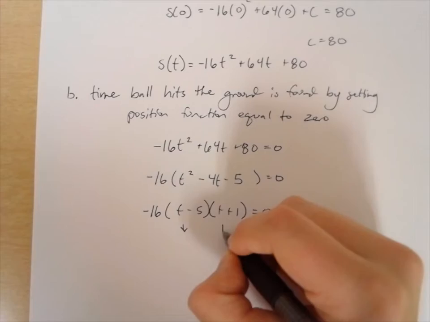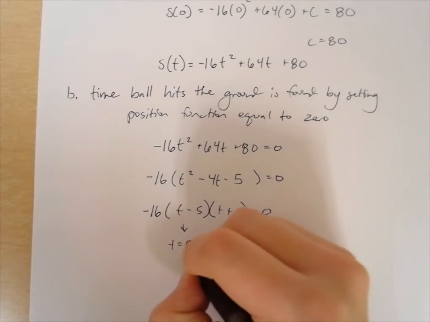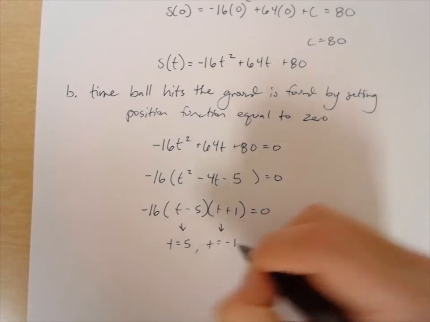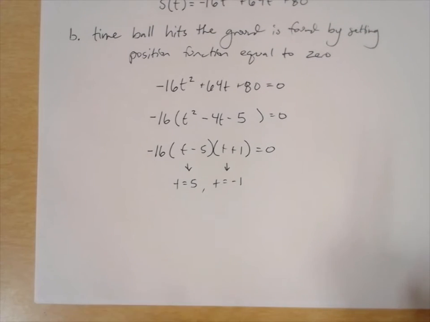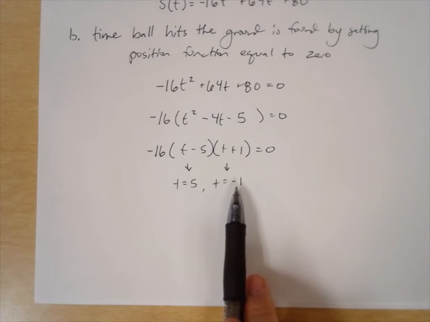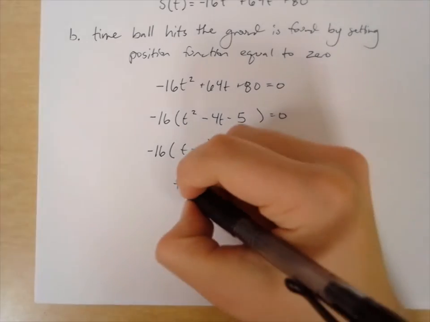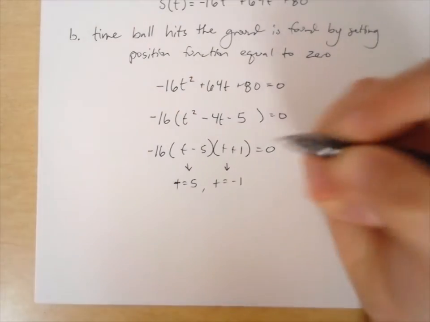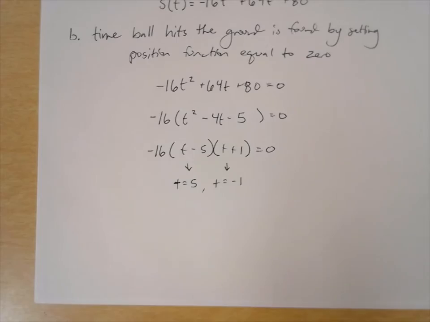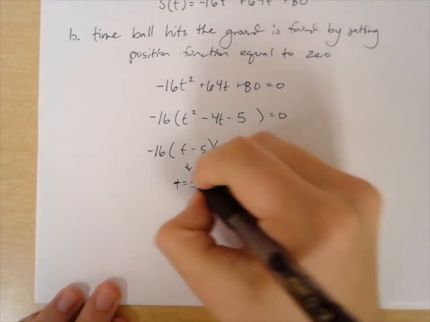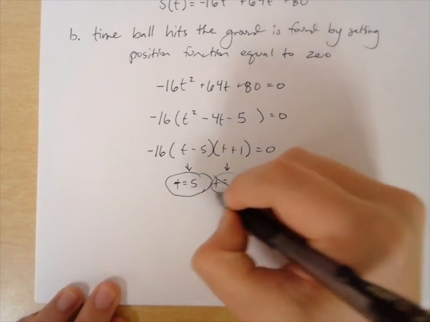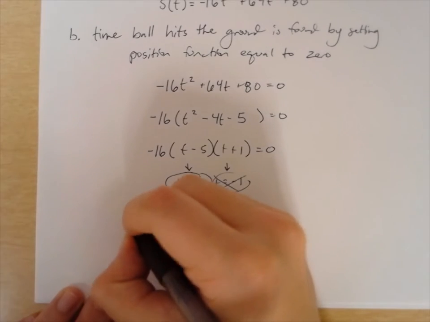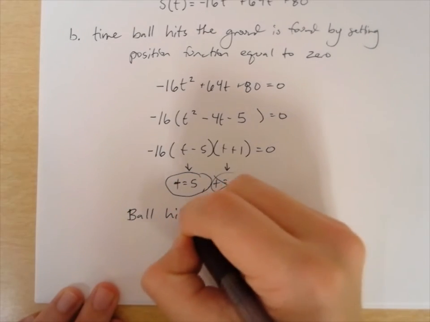When I set both of these equal to 0, I get t equals 5, and I get t equals negative 1. Now remember, we're talking about the concept of time. Time cannot be negative, so 5 is the only answer that's plausible within our domain. So we can say then, kind of circle this guy, maybe cross this one out, that the ball hits the ground